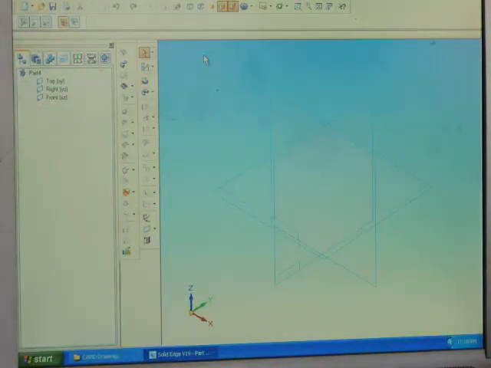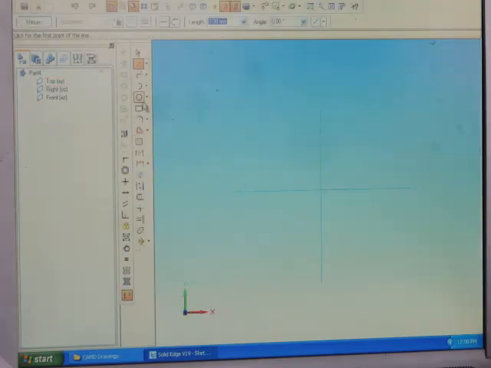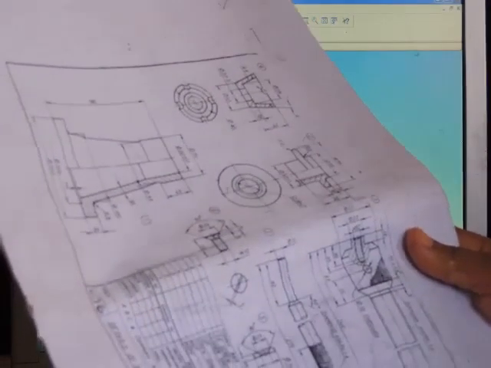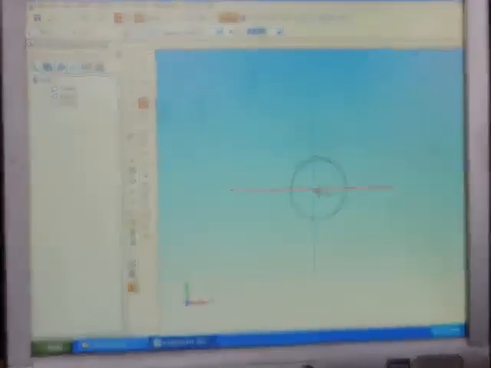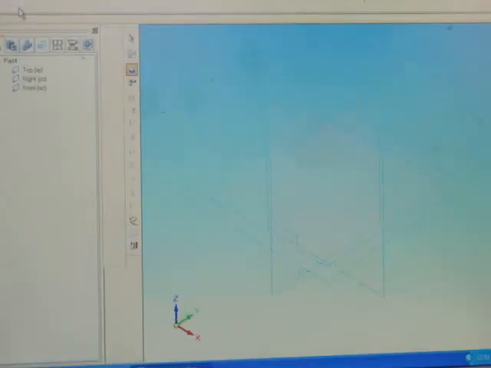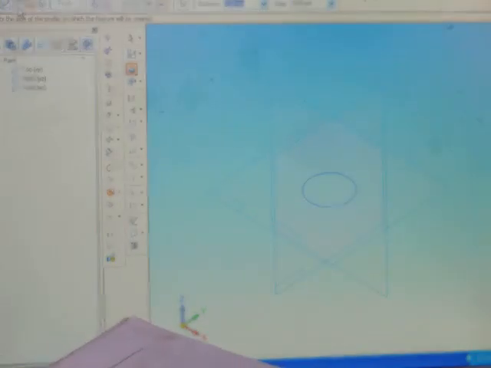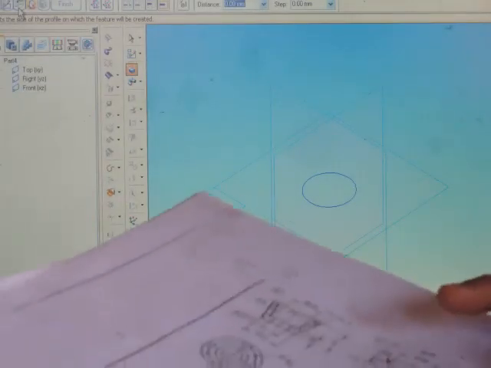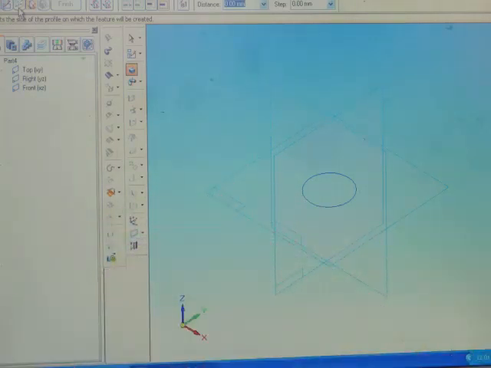So Control I. Go to protrusion, select the XY plane. Go to the circle command. The bottom diameter is given as 38 into 7, so the diameter should be 38. Place it in the origin, return. The overall height is 240. In that we have to subtract 83, because it is 83. The remaining is the first cylinder, 240 minus 83.